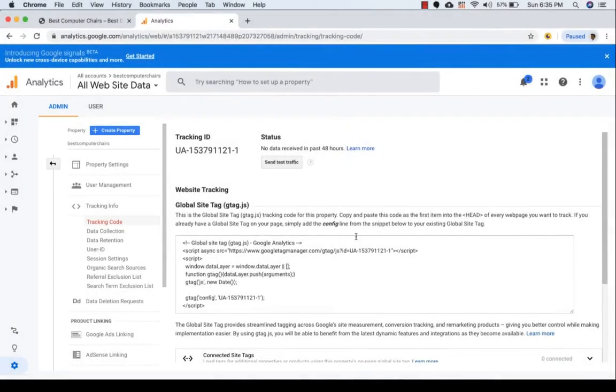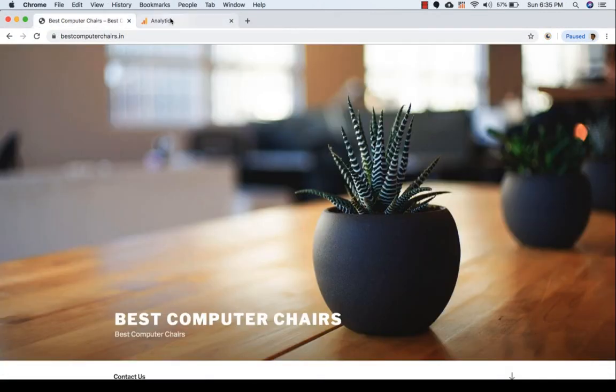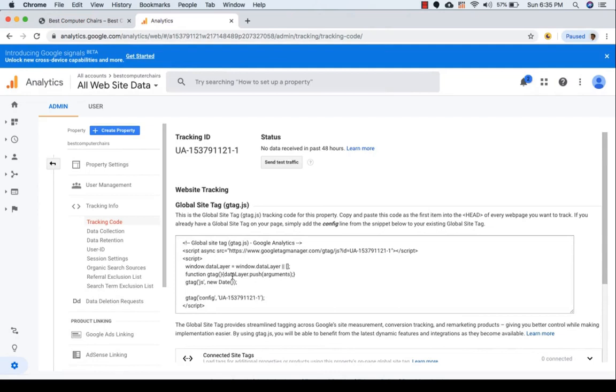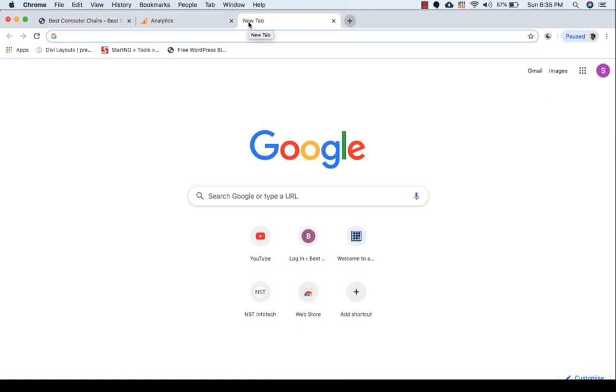In this video, I will insert the tracking code on my WordPress blog. So this is the code which I need to insert on my WordPress blog. So instead of copying this code, I will use a plugin which will automatically pull the tracking ID and insert the code on all pages. So for that, we need to log in to the admin area. So let me log in to my admin area,